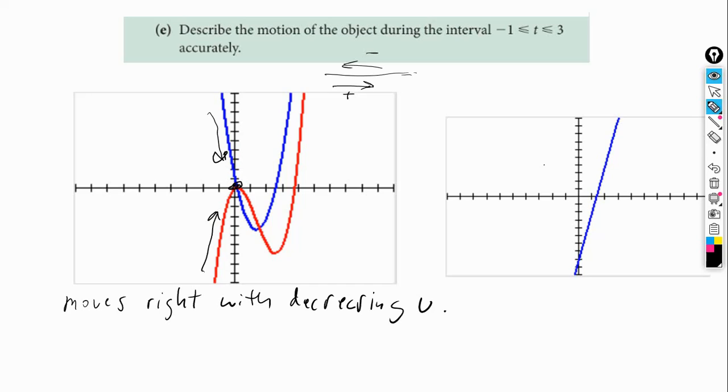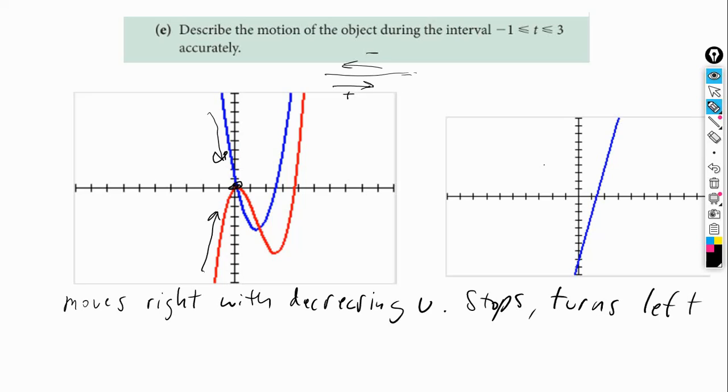Now notice that the velocity gets to 0 at this point, which is, of course, where the slope of the displacement graph is 0. So that means that it stops. The object stops, and then turns left. So let's say stops, turns left,